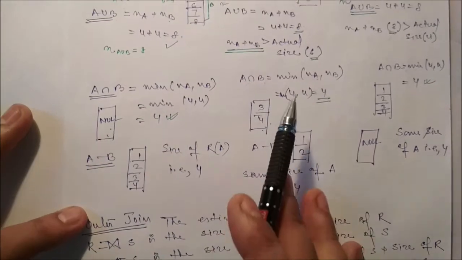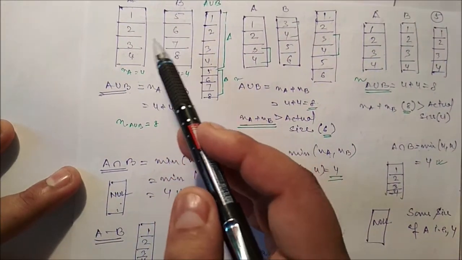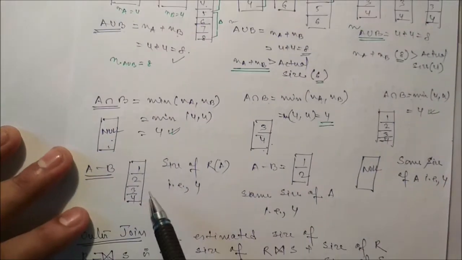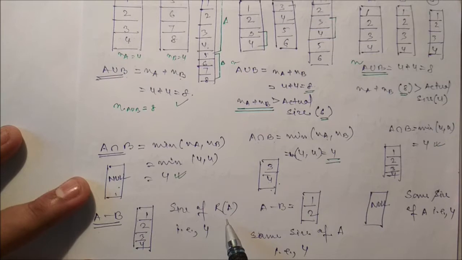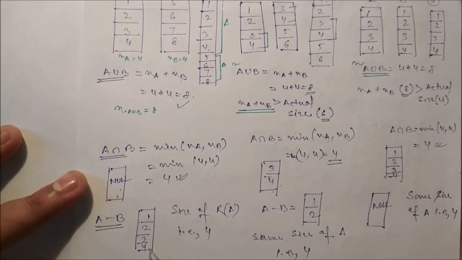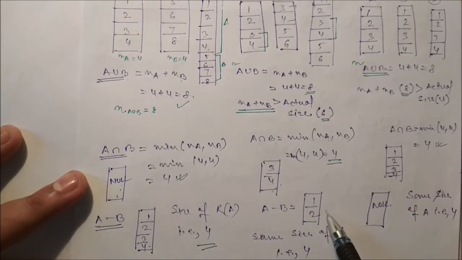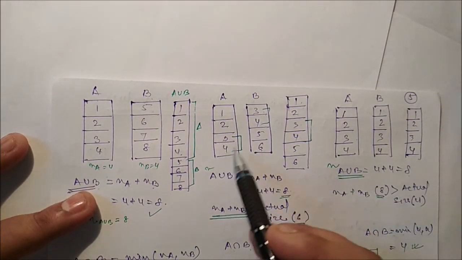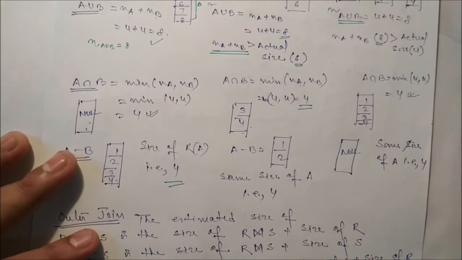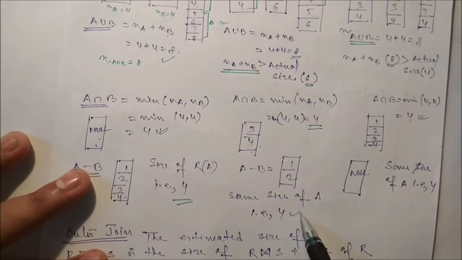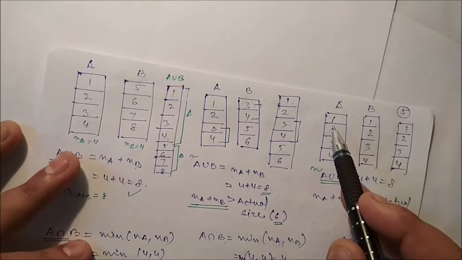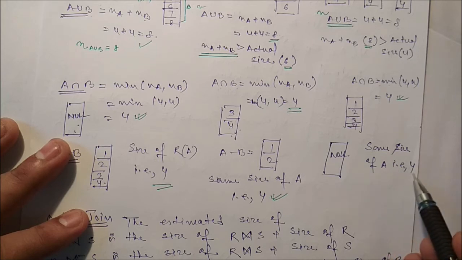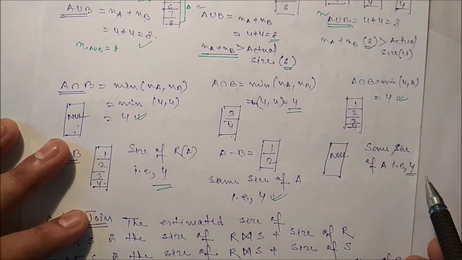Similarly, A minus B. If we apply A minus B, we remove the common attributes, but there are no common attributes, same as this one. So for A minus B, the size is the same as the size of A, which is 4. Here only 2 records are common, 3 and 4, so we eliminate 3 and 4 from table A, but we still take the size of A, 4. Here also the upper bound. And if both are the same, A minus B is null, so definitely we take the size of A, which is also 4. Here also the upper bound.